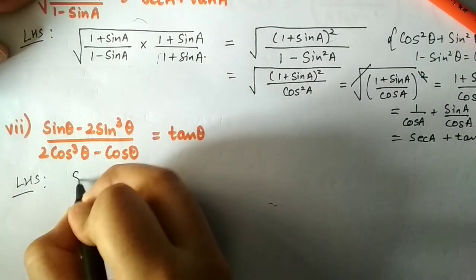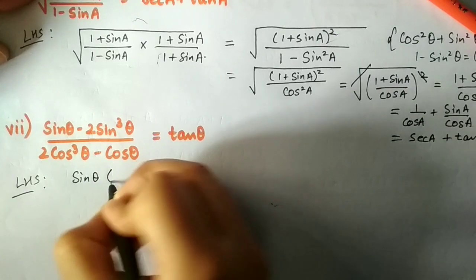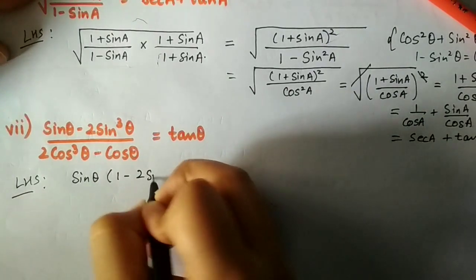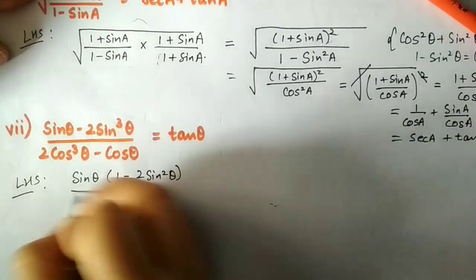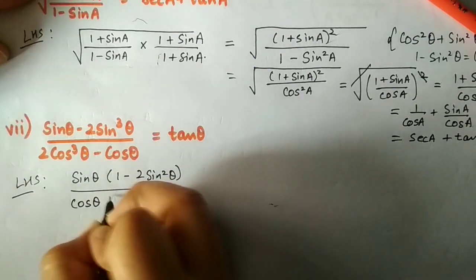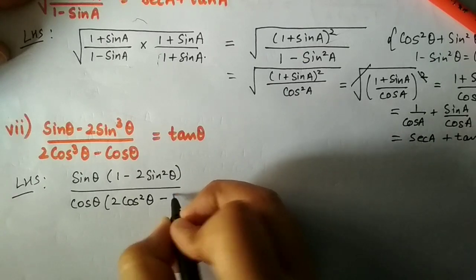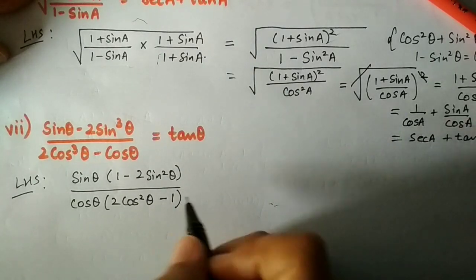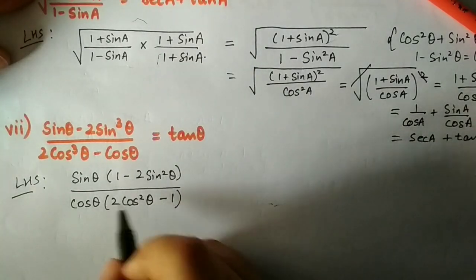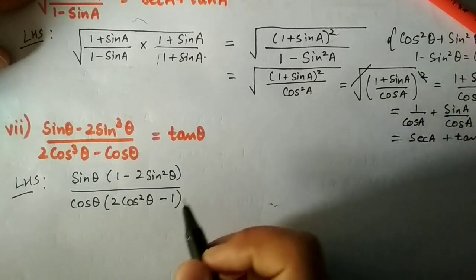So do that. Take sin theta common from the numerator. You are left with 1 minus 2 sin square theta. And in the denominator you have cos theta and 2 cos square theta minus 1. Now you cannot use any identity for these terms. So what you do,